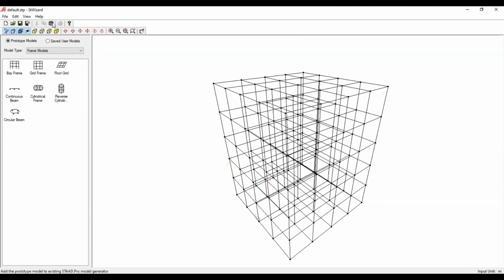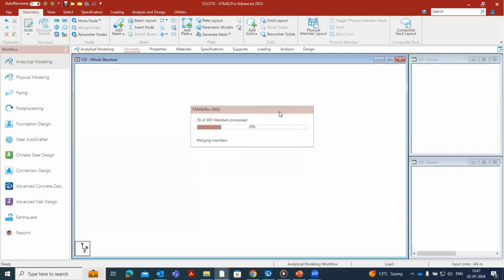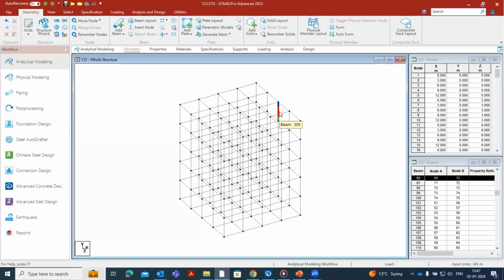If you want to transfer this model to the main window, just click here on the transfer model option. Select the value of X, Y, and Z coordinates and then click on OK. So this is how you can transfer a model from the Structure Wizard option to the STAAD.Pro CONNECT Edition main window. Similarly, if you want to add the truss on this structure,